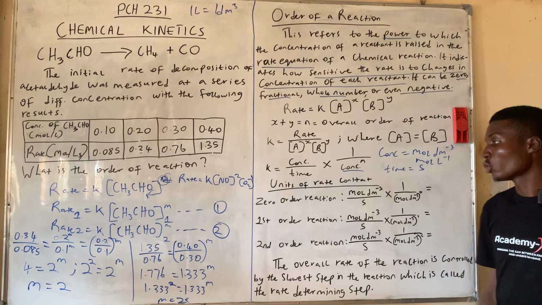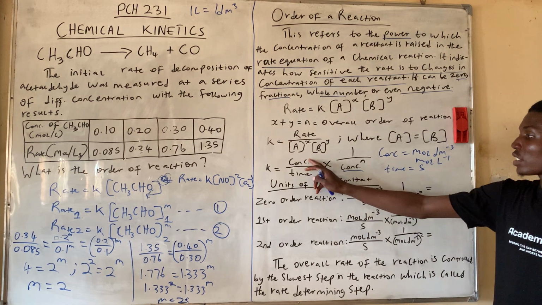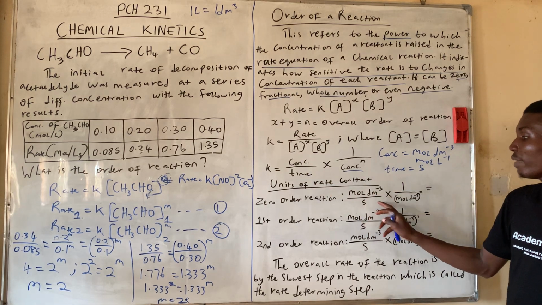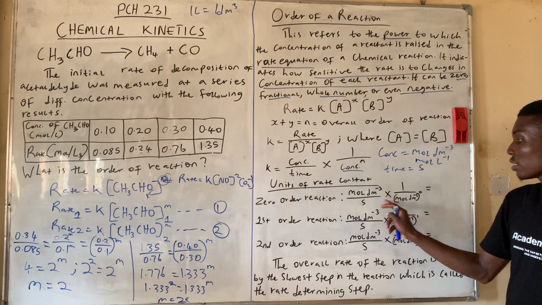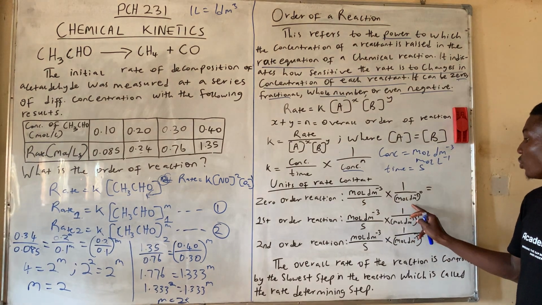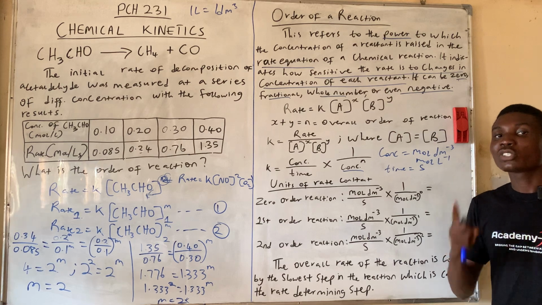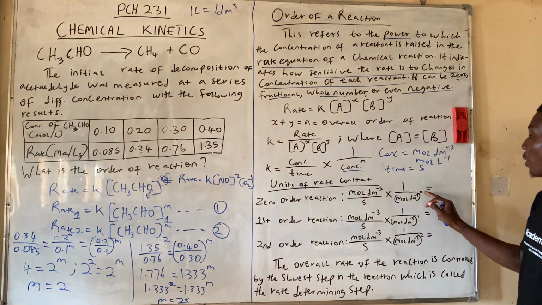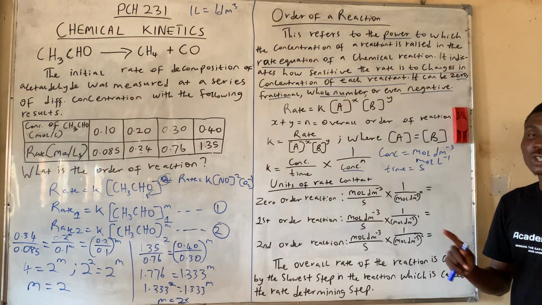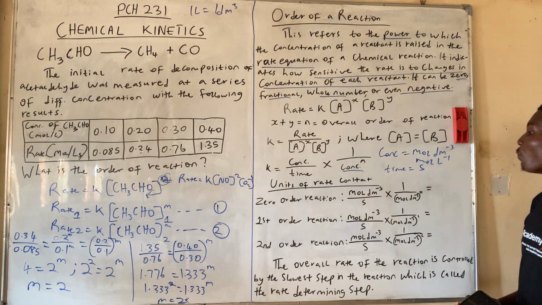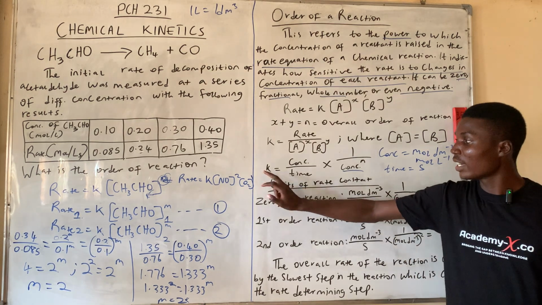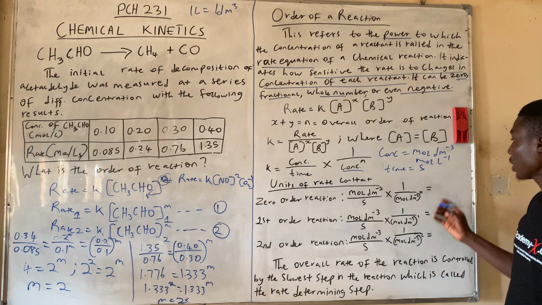For a zero order reaction, it is concentration, mole per dm cube, divided by time, s, times 1 over concentration raised to the power of 0. According to indices, anything raised to the power of 0 is equal to 1. So this raised to the power of 0 is equal to 1, and 1 divided by 1 will give us 1. Automatically, the unit of the rate constant, which is our k,